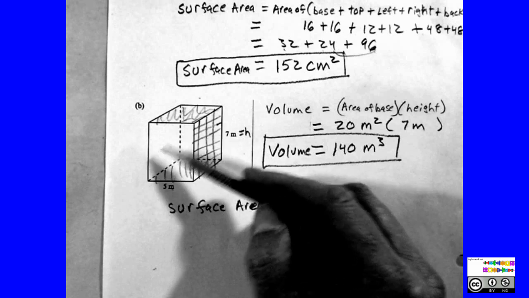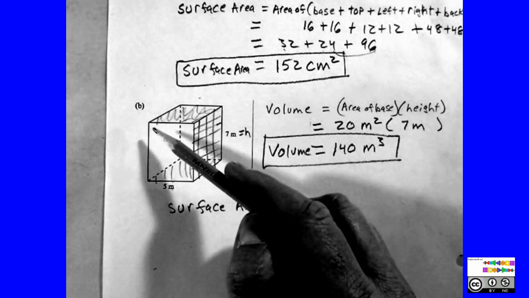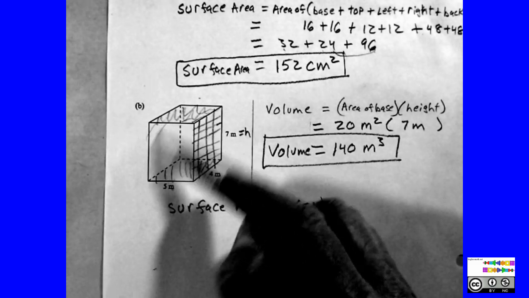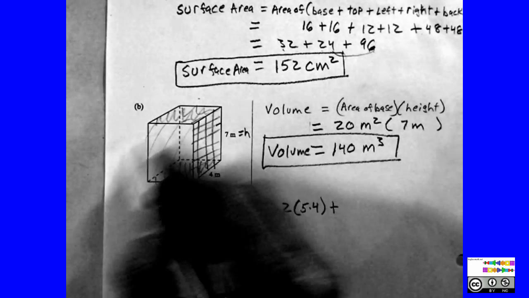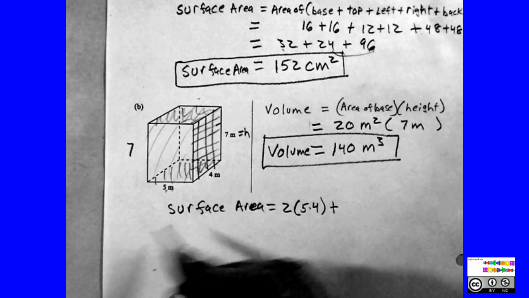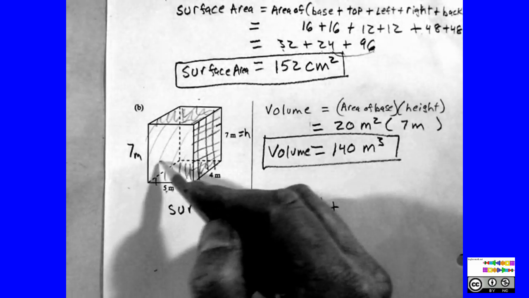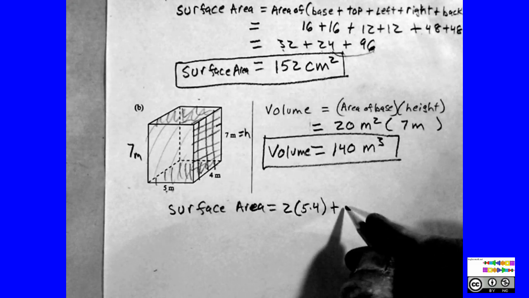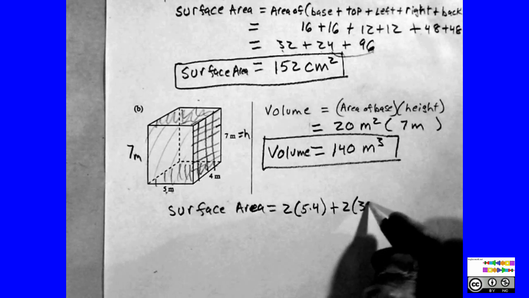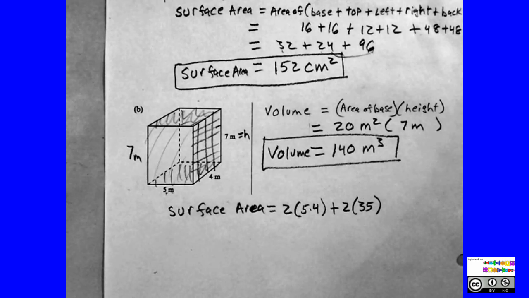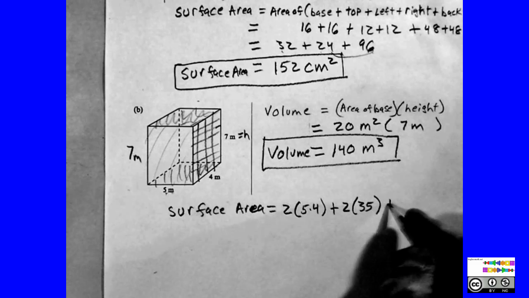They kind of look like the front and back, but they're the farthest this way for me. That's this part in the back, and that's 5 times 7. And I have to count the front and the back, so I'm going to multiply by 2 again. Maybe I should move the 2 out to the front. 7 times 5 is 35, plus